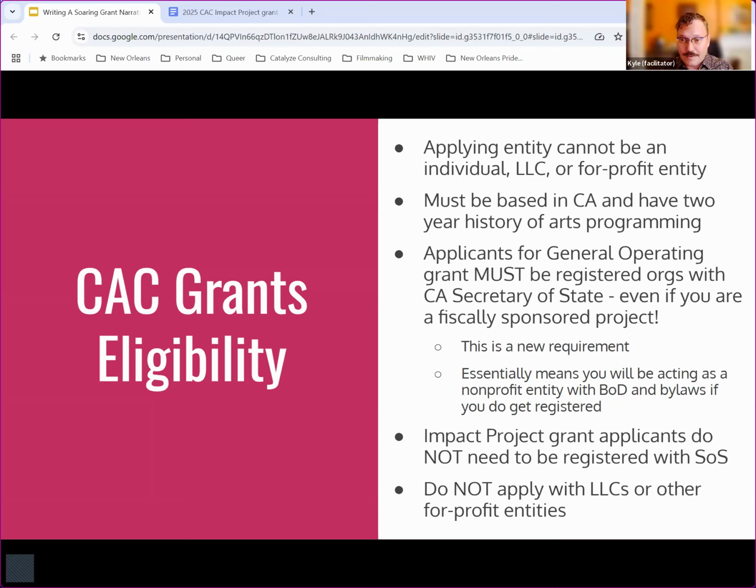This is a brand new requirement that they're asking even fiscally sponsored projects to meet. That means you basically must be operating legally as a nonprofit organization in the state of California. So you'd have to have a board of directors and bylaws, regular meetings, minutes, and all of the 990s and financial reporting that you'd be having to do, reports to the Registry of Charities, the FTB. So it's not a light thing at all.